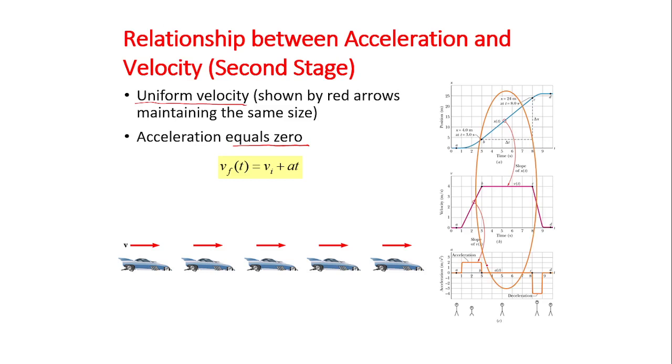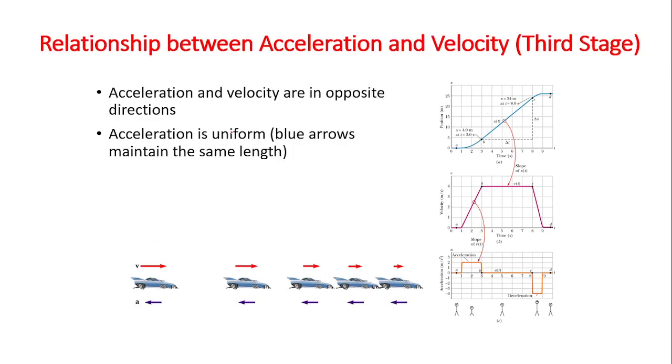The other relationship: we can say acceleration and velocity are in opposite directions. When acceleration and velocity are in opposite directions, that simply means this car is decelerating, right? There is a decrease in speed. So acceleration is uniform, and the blue arrow is maintained. Then you have the velocity